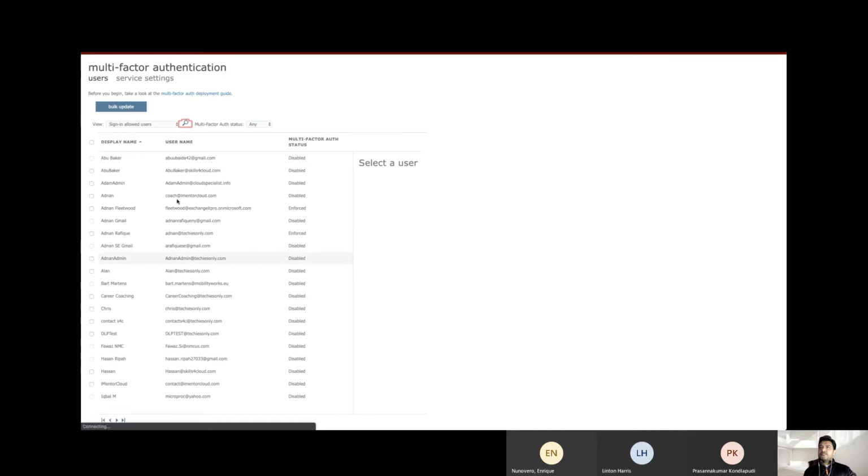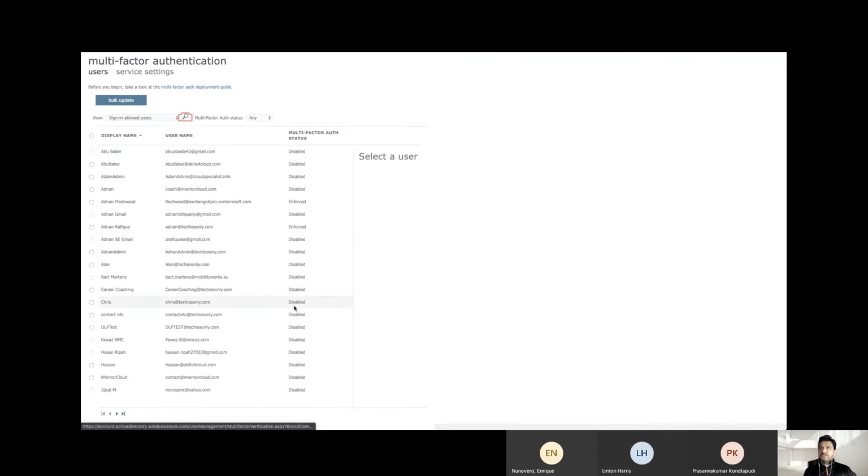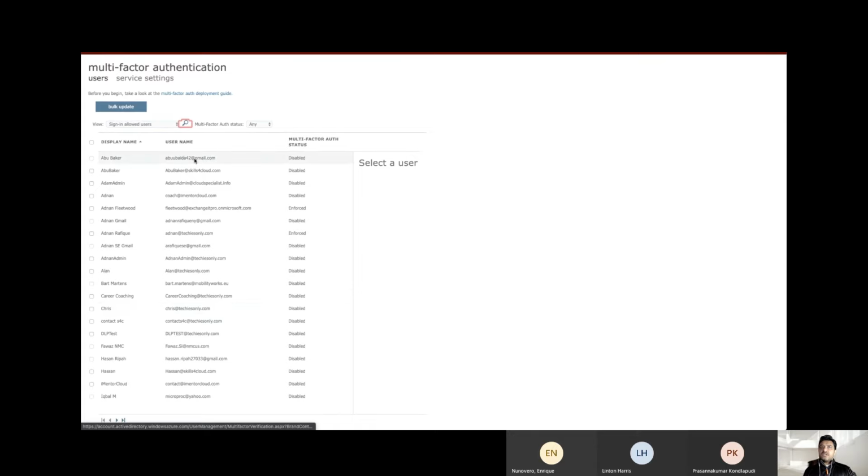Now here's the list. So if you are only managing through Office 365, multi-factor is disabled, right? Most of them I have disabled. If I select, okay, this is the Gmail, which makes sense. This is my account in my tenant, right? I have multiple domains, so I can enable it and manage user settings. I have a couple of options to do it.